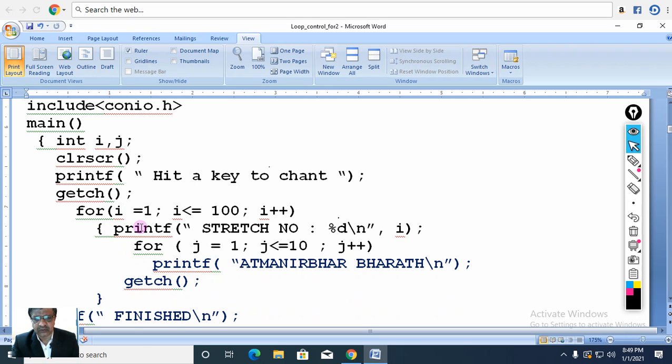Then the outer for loop will start. We need to chant 10 Atmanirbhar Bharat 100 times. Therefore, i equal to 1, i less than or equal to 100, i plus plus, printf 'stretch number' i. This printf is under the control of the outer for loop, so i will be 1, stretch number 1. And this will start j equal to 1, j less than or equal to 10, j plus plus,